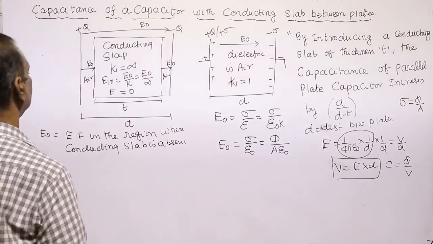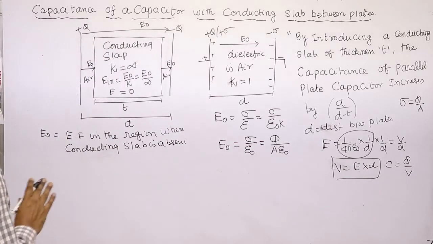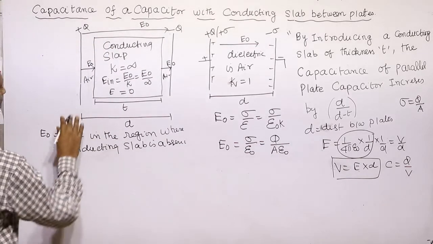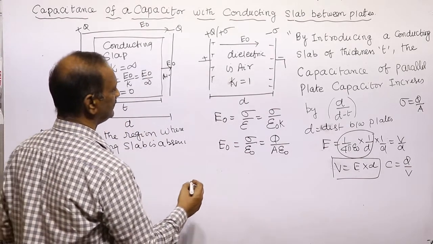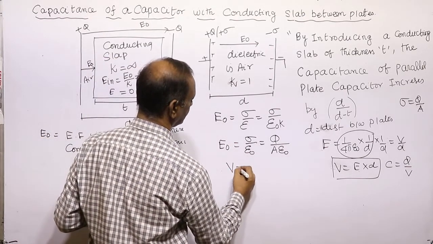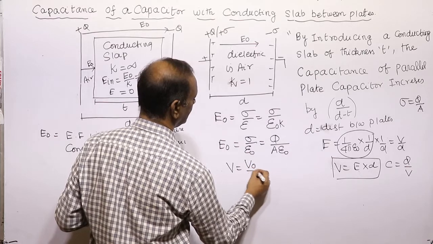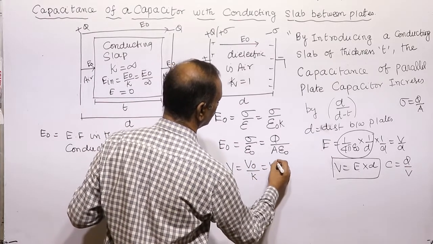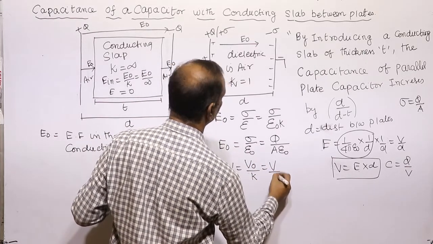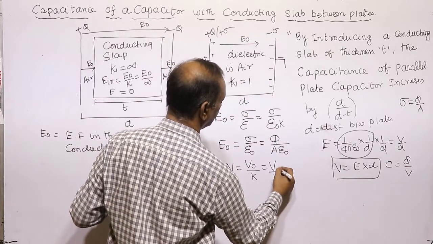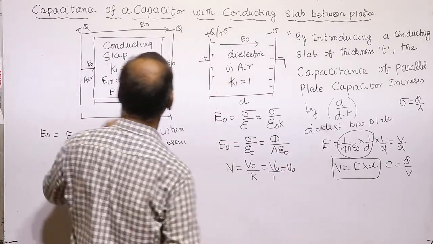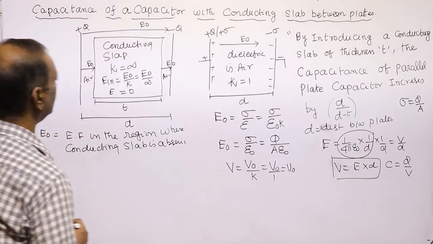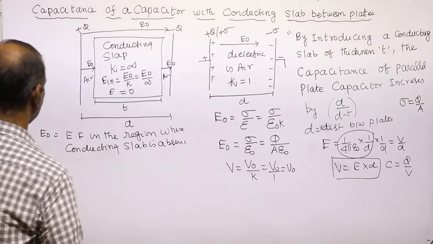Now this is A, what is the potential here? Here the potential is equal to the potential inside divided by K, which is equal to V naught, because K is equal to 1. But in this case the potentials are different now. So what is the net potential